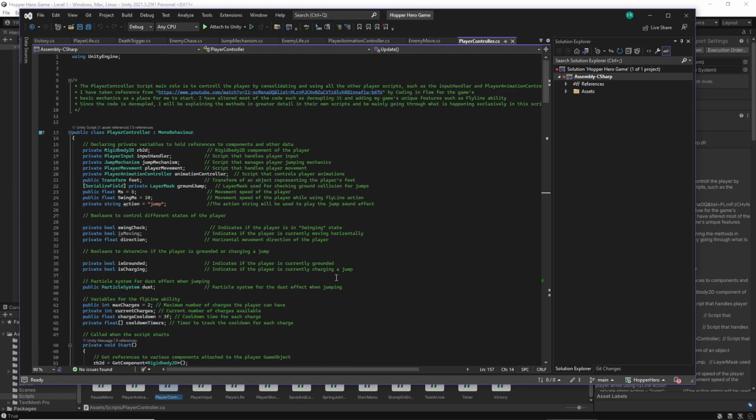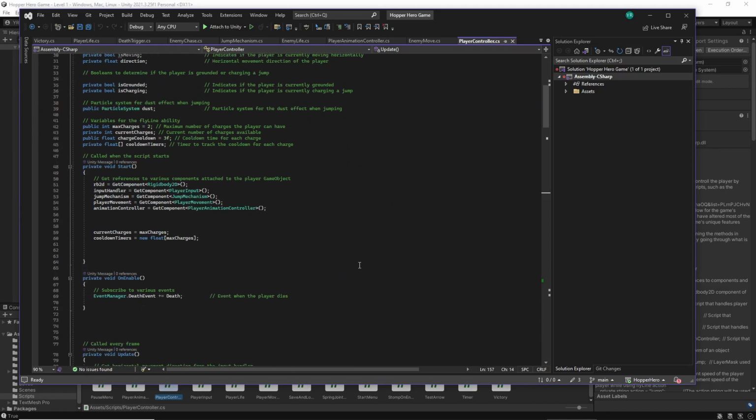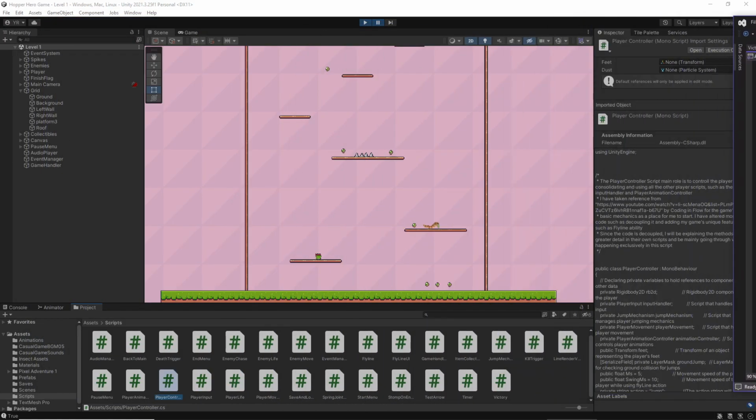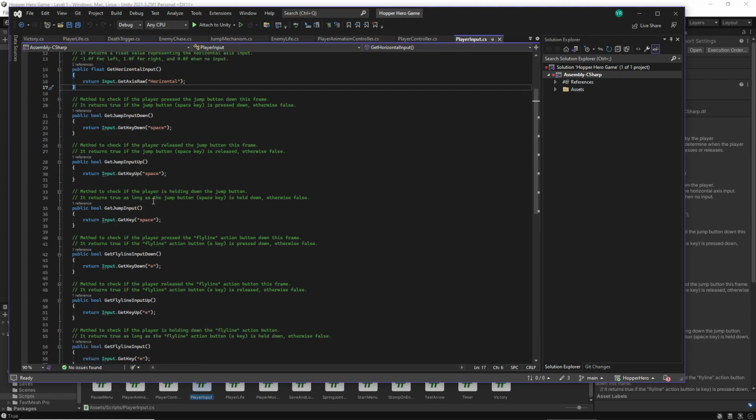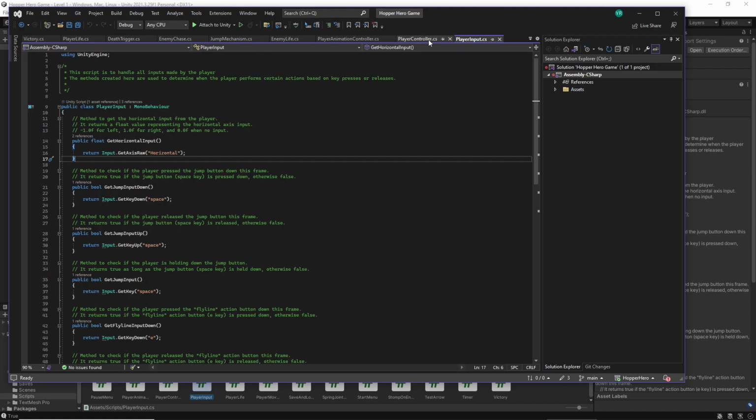So most of my scripts are decoupled. I actually have a player input as well, but player input is straightforward. It's just getting the input and using Input.GetKeyDown or GetAxisRaw here, Horizontal. This is for the left and right input, and using GetAxisRaw Horizontal makes it so that pressing A or D is left and right, and you can also press the arrow keys to go left and right. Yeah. So this is pretty straightforward, so I won't really be going through the input,